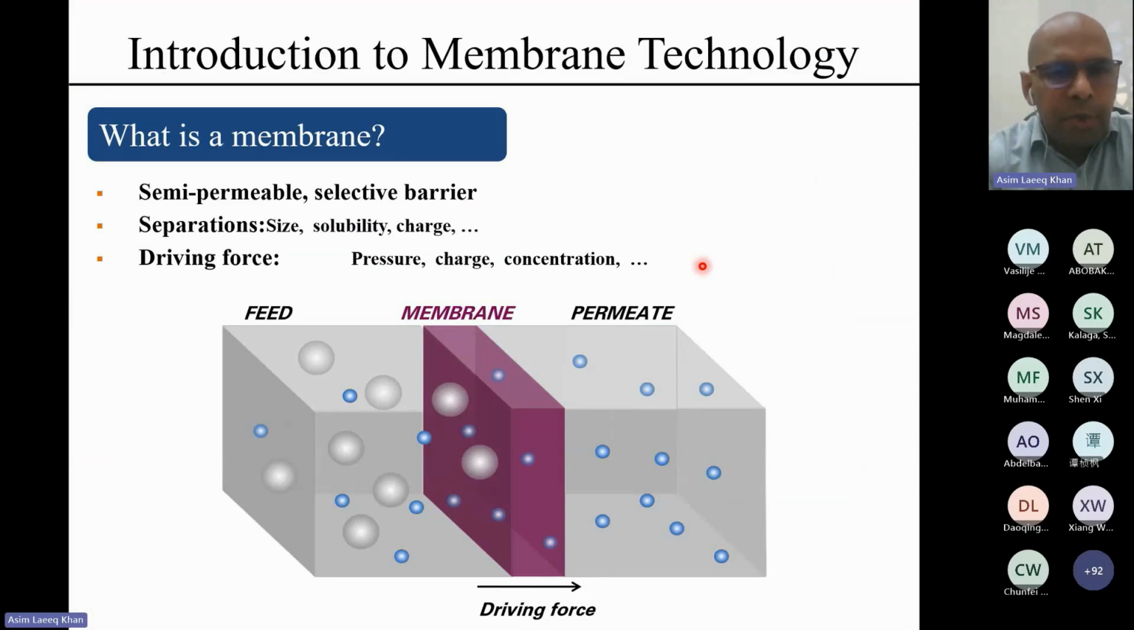So a membrane is a semi-permeable selective barrier that lets some particles and fluids pass through, and it restricts the ones that we do not want to pass through the membrane. It carries out separation. Generally, when we think about a membrane, we think about it as a filter that separates on the basis of size. But that is not always true. In fact, in the case of CO2 capture membranes, they generally do not separate on the basis of size, but on the basis